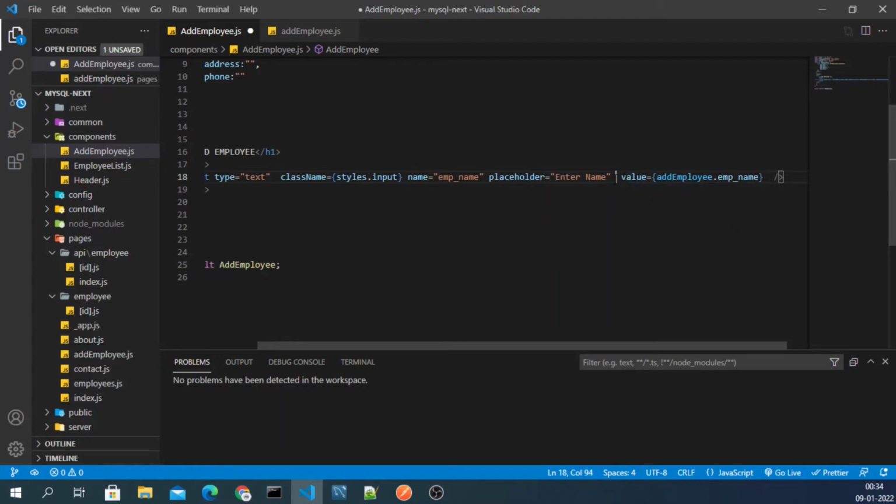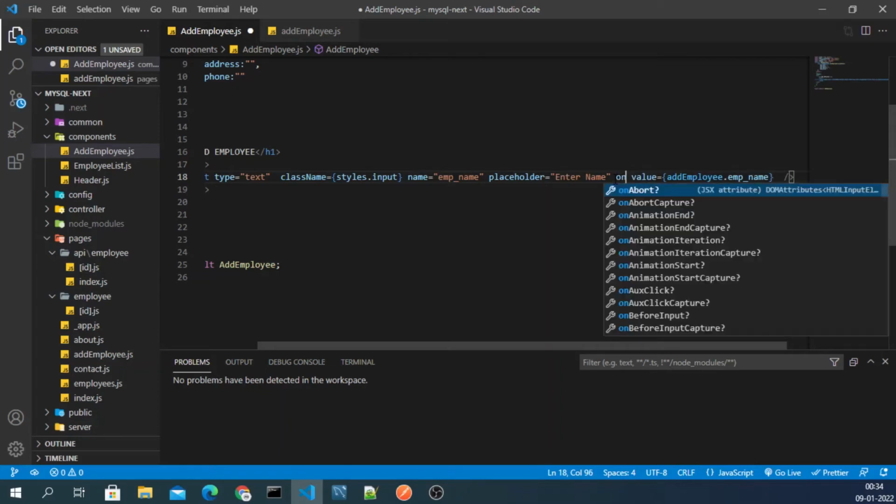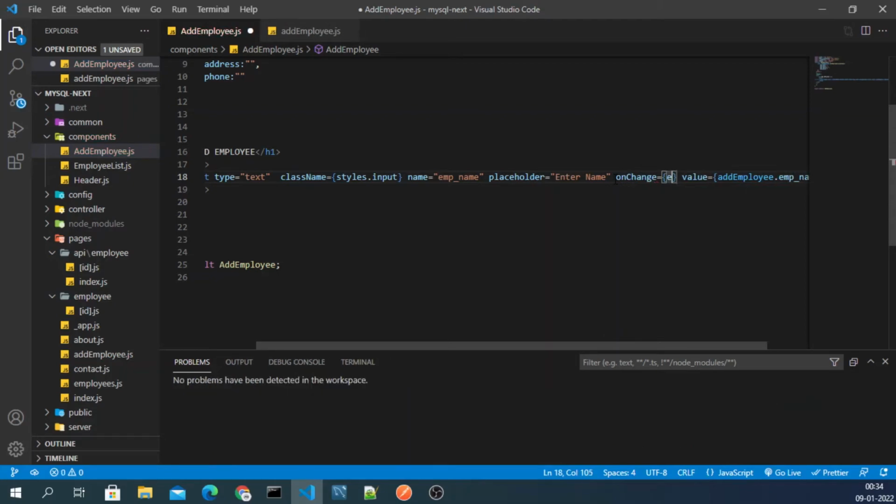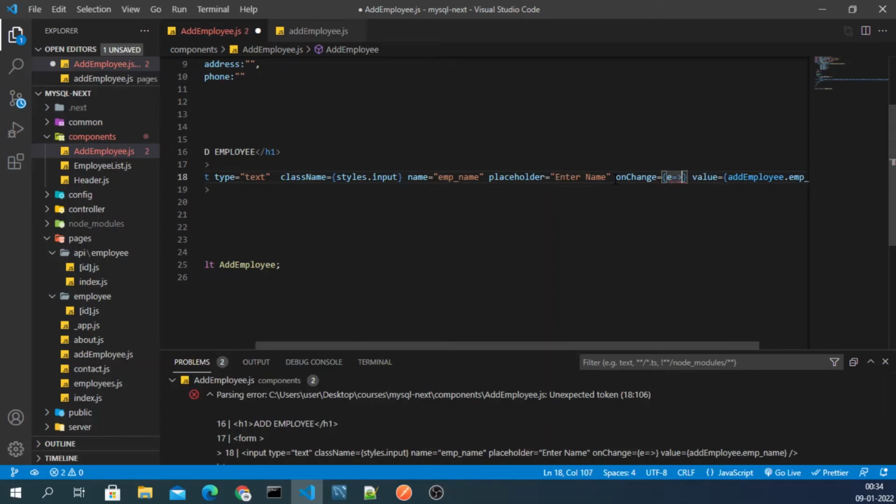Let me use onChange like this. Okay, so guys, in onChange you can define it like this. Okay, and then you will set